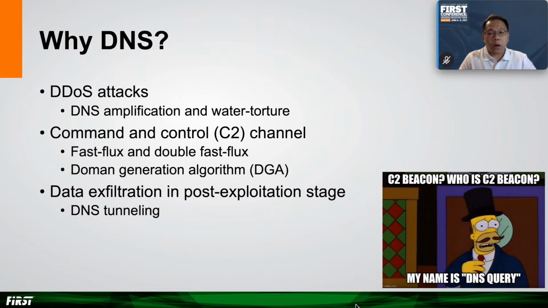DNS is one of the best channels for criminals to hide their activities whenever they try to break into a network or exfiltrate valuable data from the organization. Many botnets utilize Fast-flux or DGA techniques to hide their infrastructures and increase the difficulties of tracking them from law enforcement and security vendors. On the other hand, DNS tunneling is one of the most damaging DNS attacks, in our